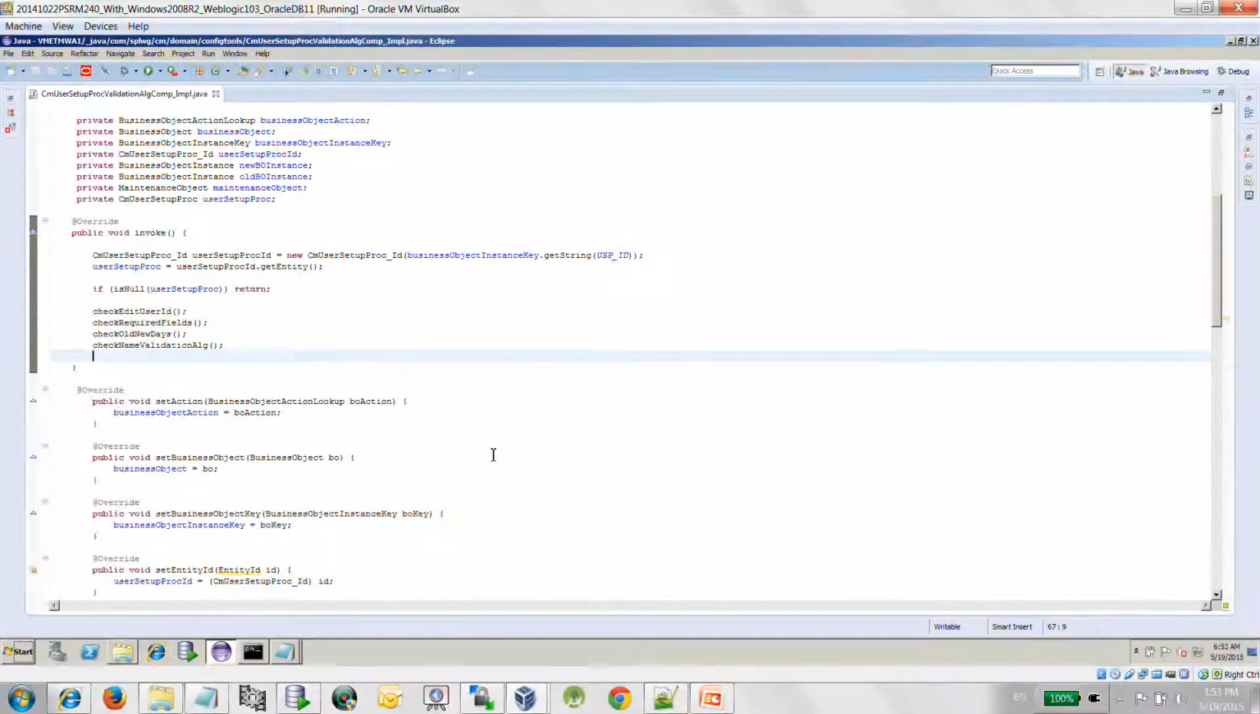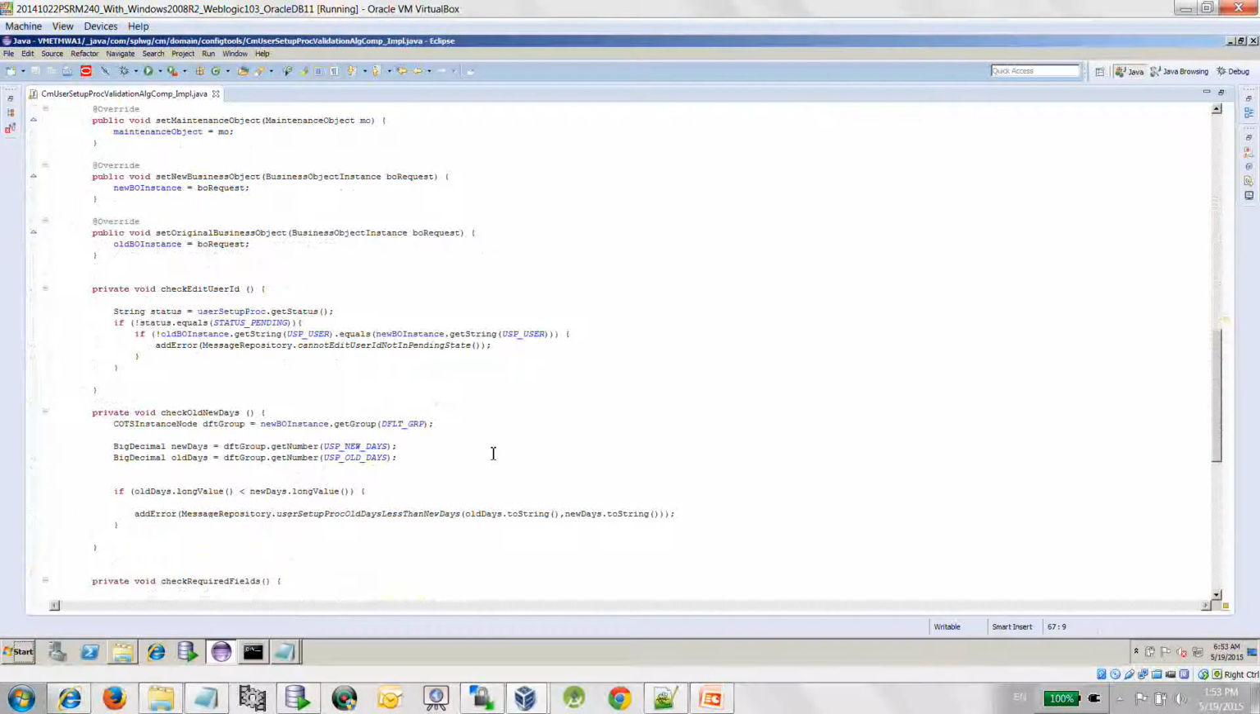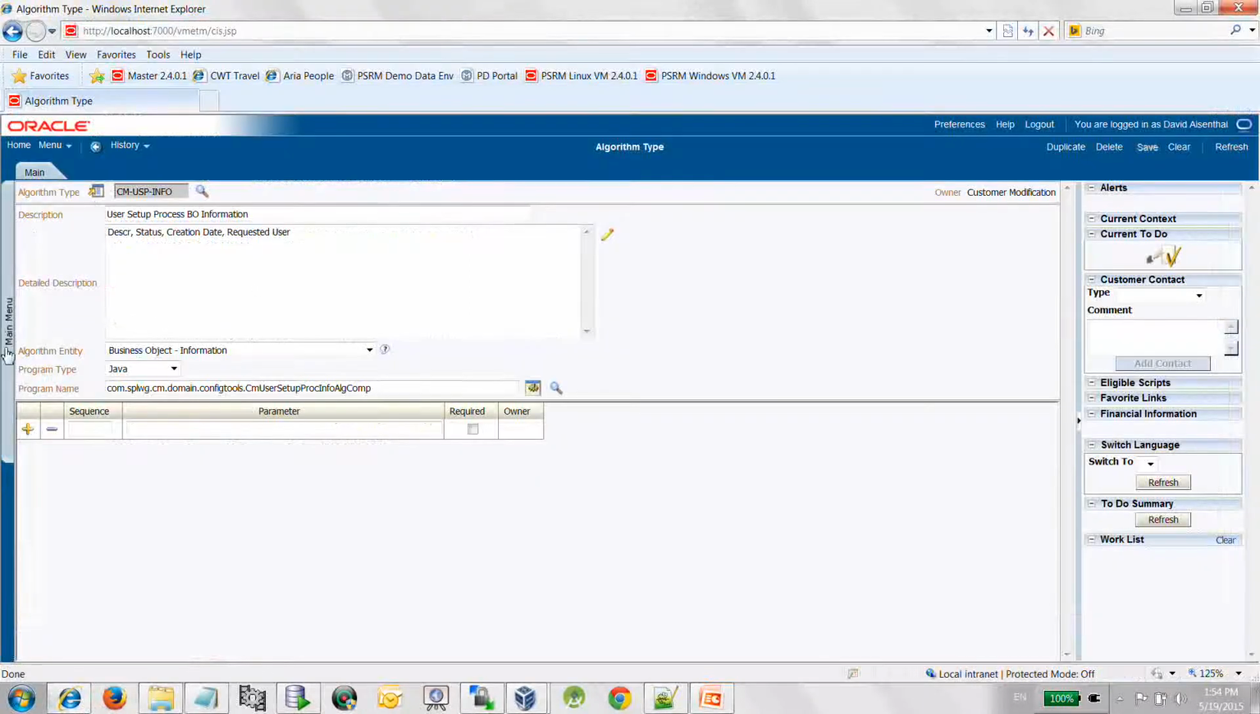The first one is check edit user ID, and that one is saying that if the status is not equal to pending, and in the case when the username is different, someone's been updating the username outside pending state, then there's an error, because you can only update the user ID in the pending state. So that's the validation you have over there. So that is the first validation that we have, and it would correspond to,